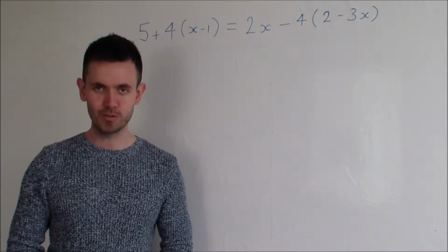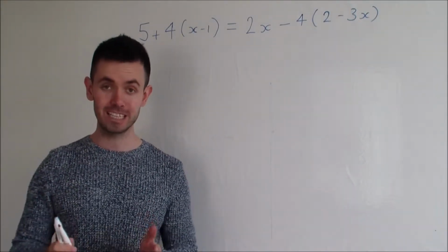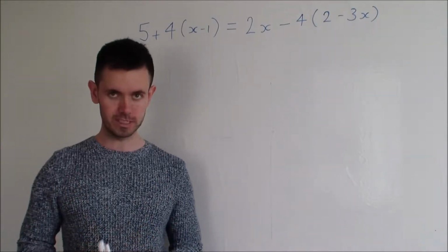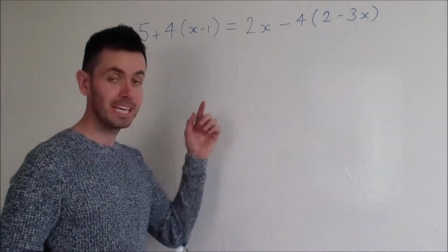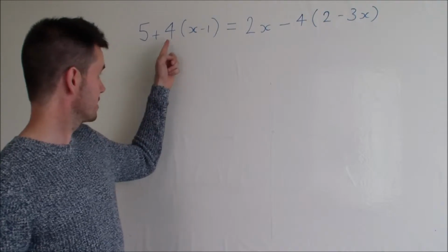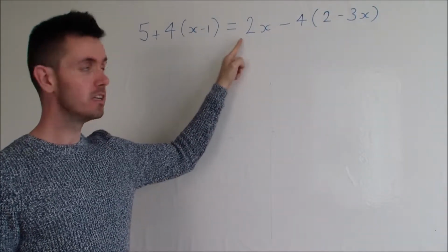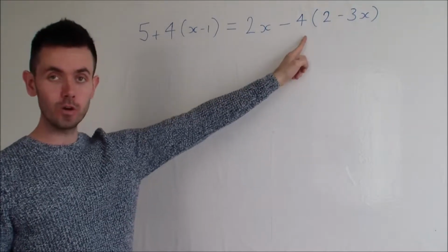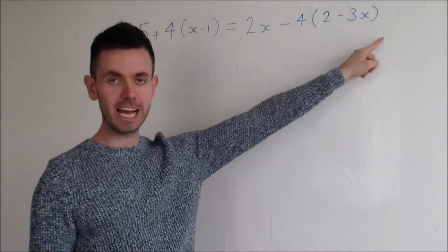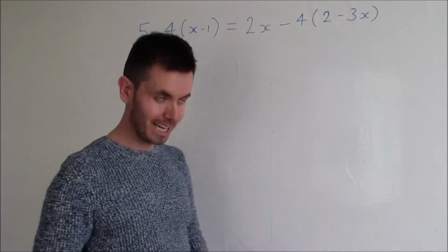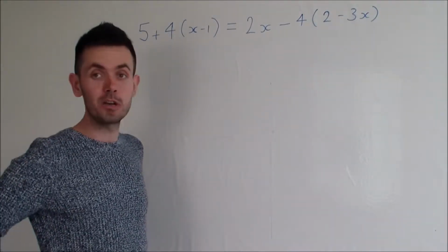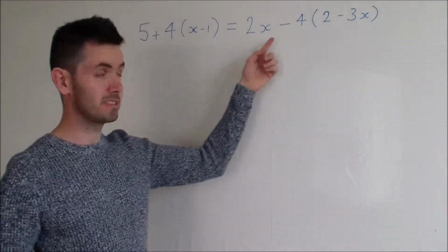Sometimes you'll be asked to solve equations, which means finding the value of an unknown quantity, usually x. So here's our equation. We've got 5 plus 4 brackets x minus 1 is equal to 2x minus 4 brackets 2 minus 3x. So it sounds quite complicated, largely because x appears not only once, but 3 times in this